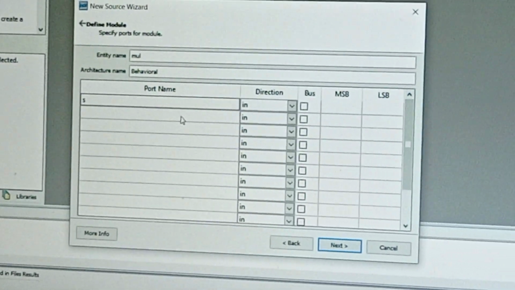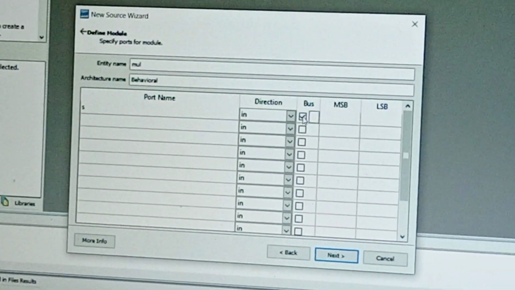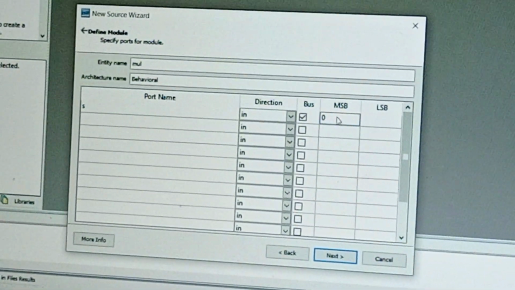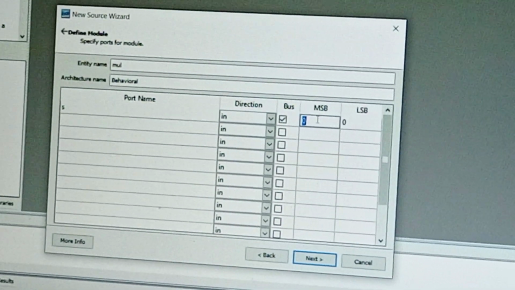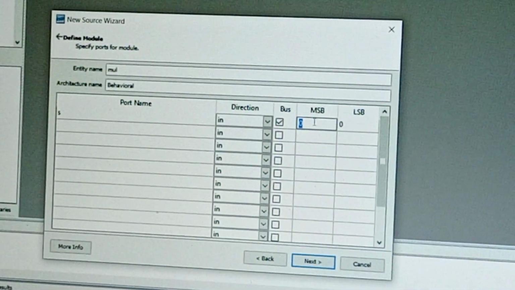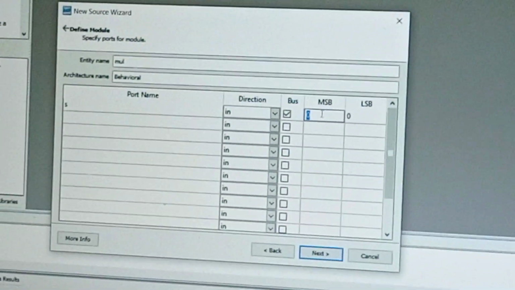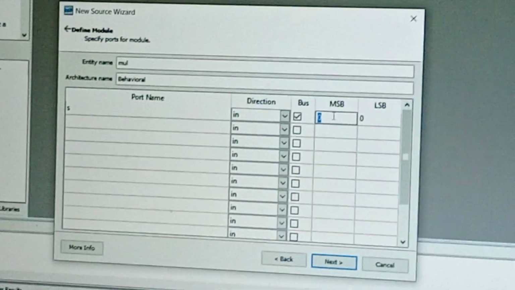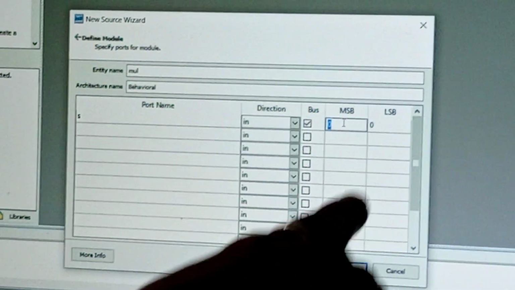This is a vector type, so click here most significant bit. This is an 8:1 multiplexer. For 8 data lines there will be 3 control lines. For 3 control inputs, that is 0 to 2.